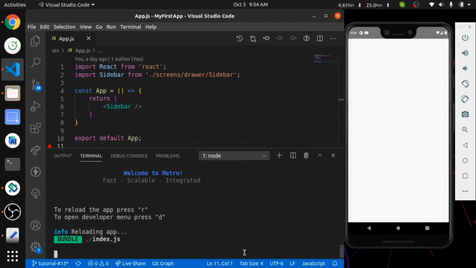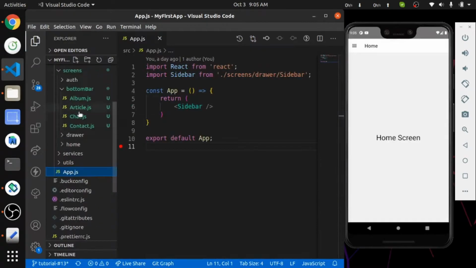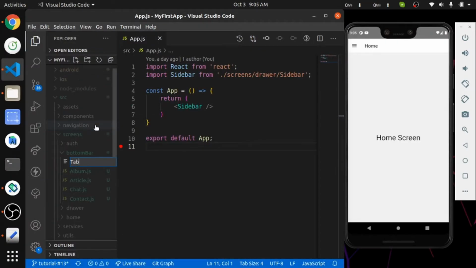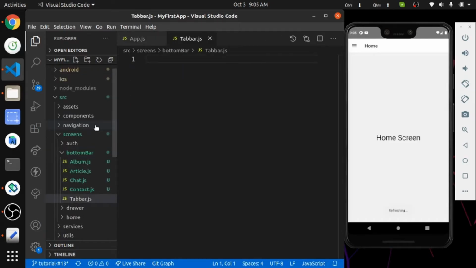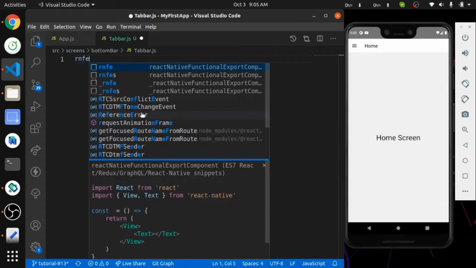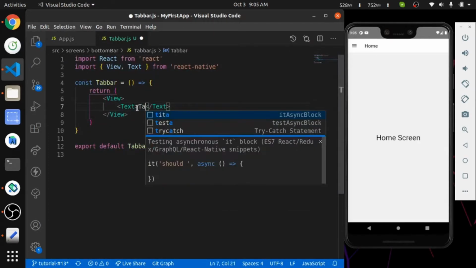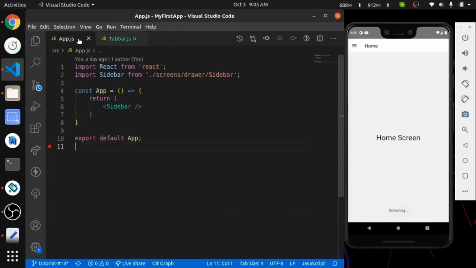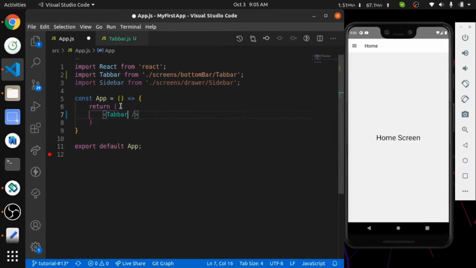Let's start implementing now. I am creating a file named tabbar.js inside the bottom tab folder. Creating a functional component. And I will add this file in app.js.